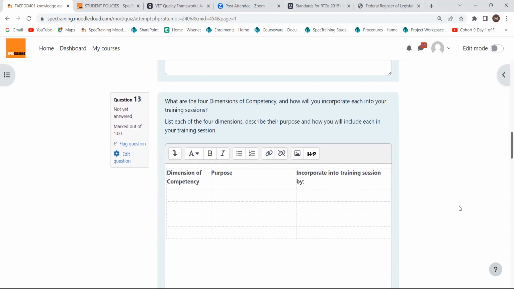Question 13, it says, what are the 4 dimensions of competency and how do you incorporate these into each of your training sessions? List each of the 4, describe their purpose and how you will include each in their training session. So